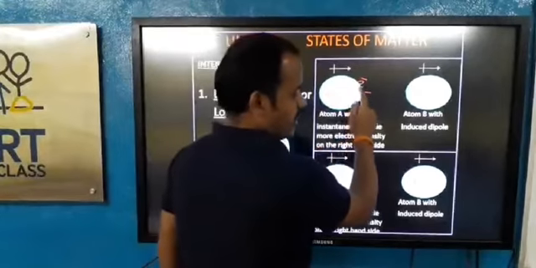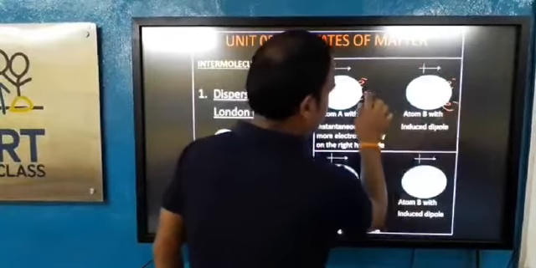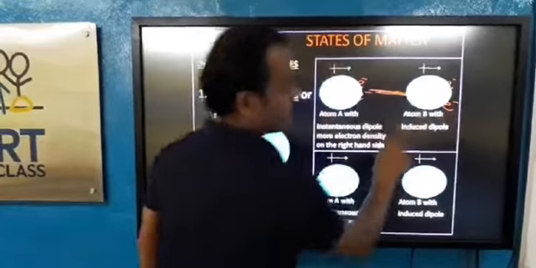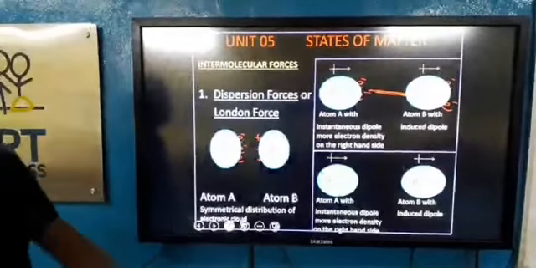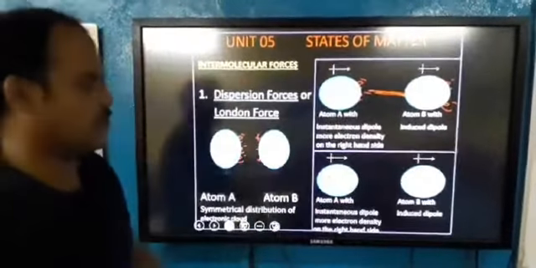Because the positive charge is here and the electrons are here, between these plus and minus, attraction will be there. So these molecules will come closer. This is intermolecular force. Now the keyword is